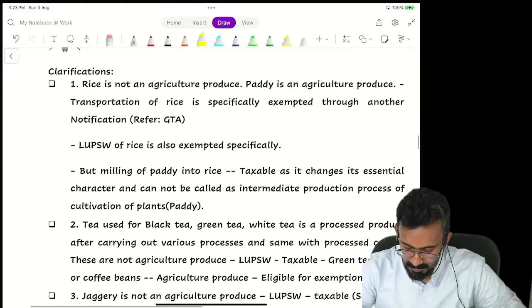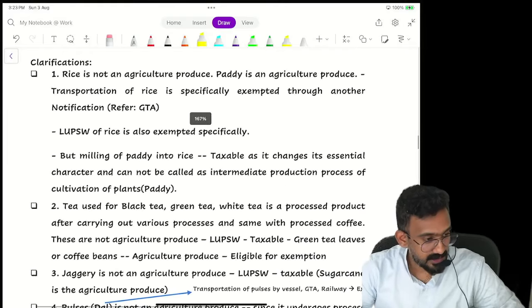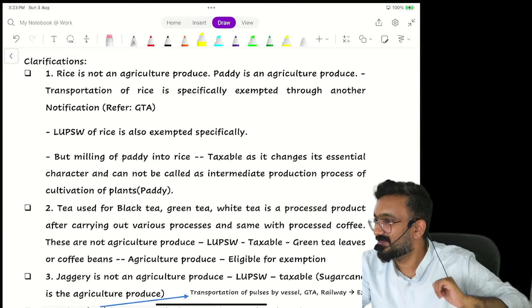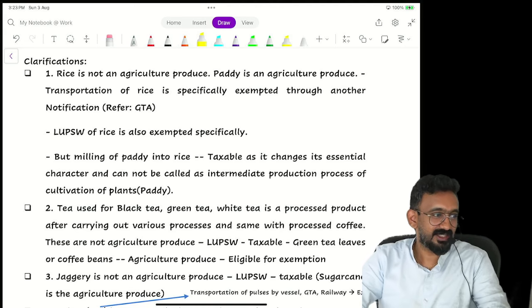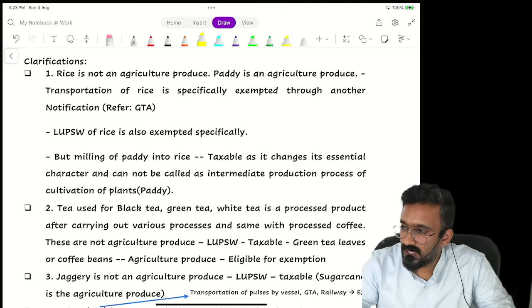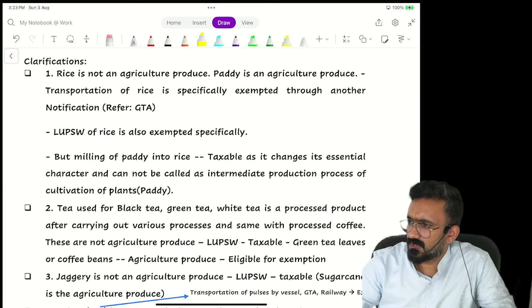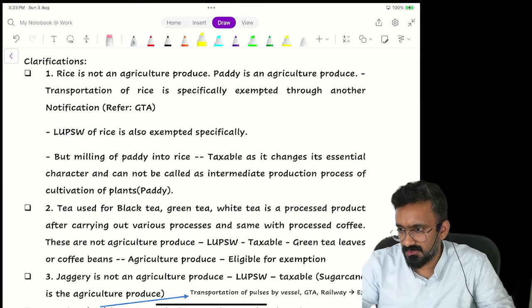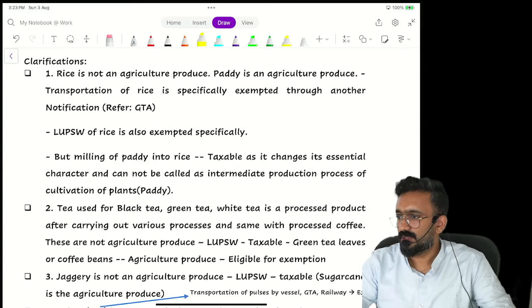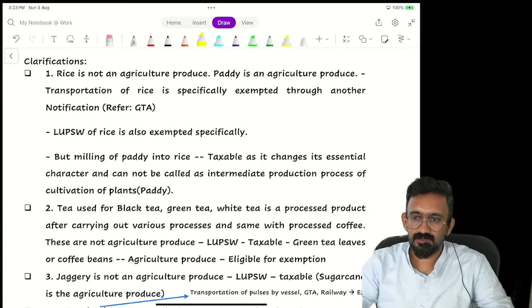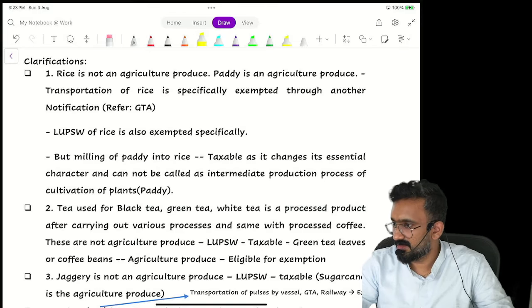Now, a small segment of cookery class inside exemption starts. I'll have to talk about all these kitchen products a bit. Next page, look at. Rice is not an agriculture produce. Why? What is an agriculture produce then? Paddy is an agriculture produce. Okay, so why is rice not an agriculture produce? They're saying that rice will go through a bunch of processes like milling.